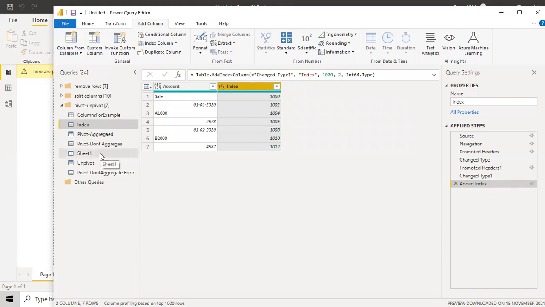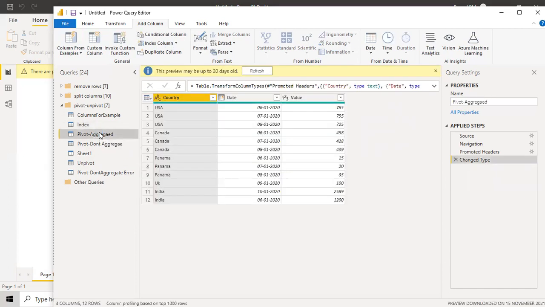That's it. This concept is very useful in real time. There will be a lot of scenarios on this. If we can't do pivot and unpivot, we can't even move one step further in those situations. We need to understand when we need to pivot and when we need to unpivot. I'll tell you exactly, and also what options are available over here.